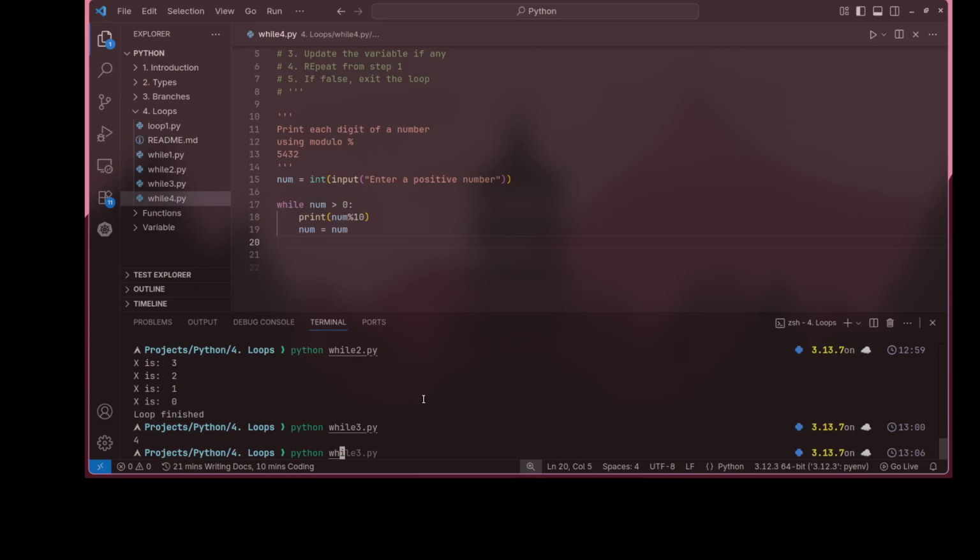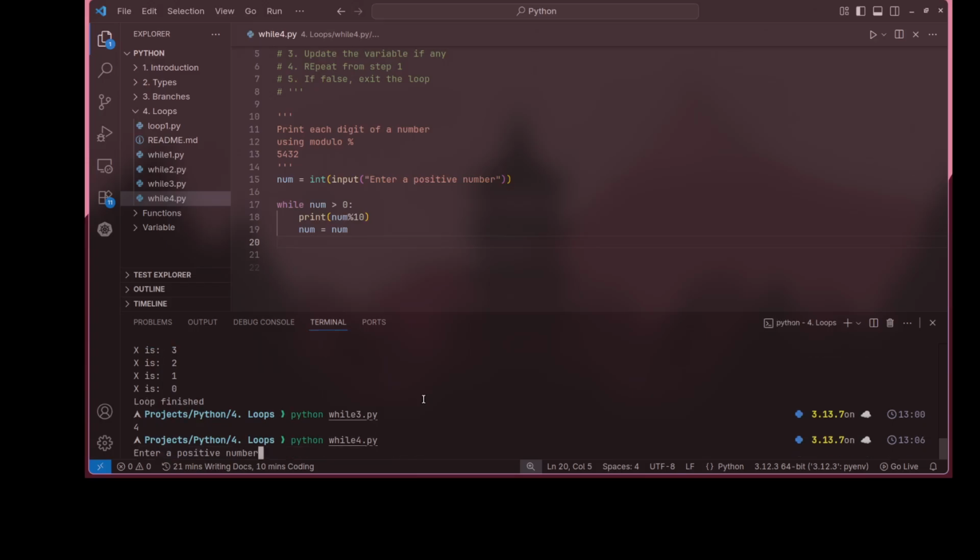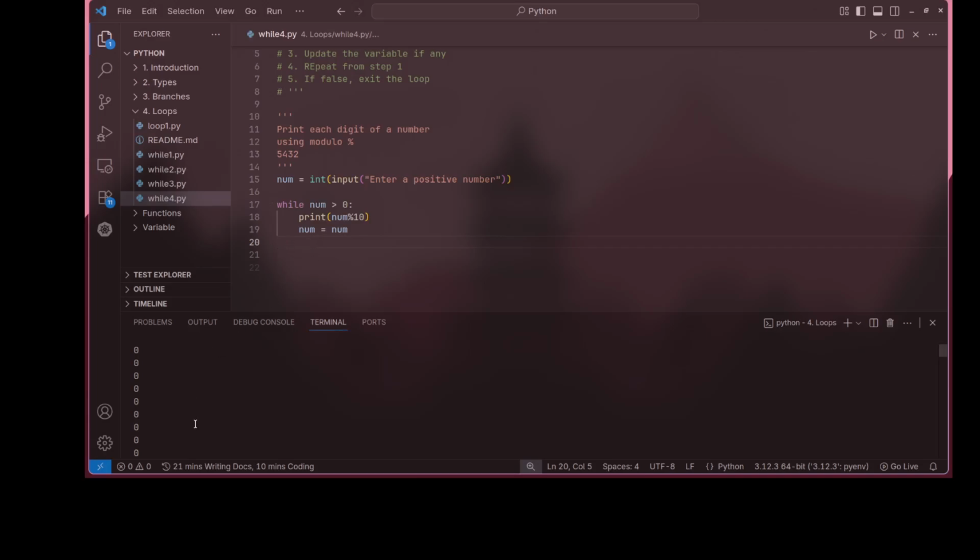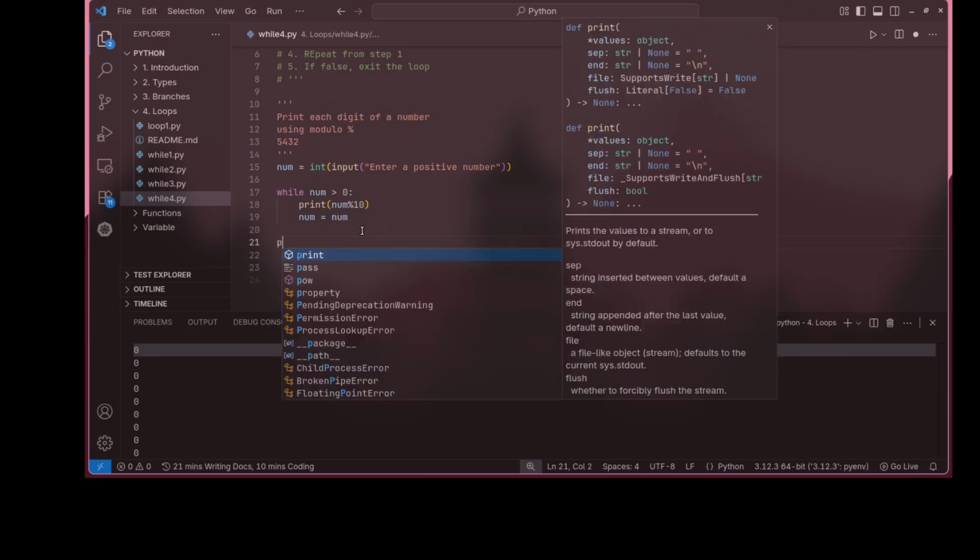Let's say we're starting with 10. So basically it keeps running, why doesn't it stop? Even right now, this is running. If I try to copy it, it is a while loop, so it's still running. So it keeps running. Now for it to have an exit, we're going to say